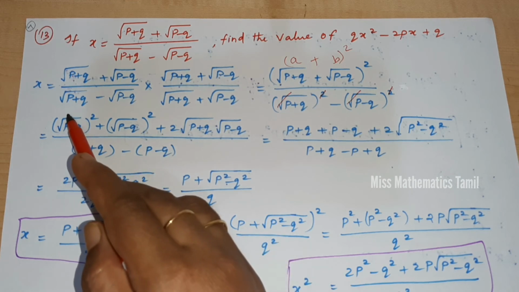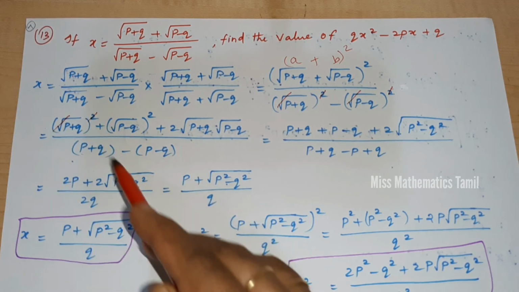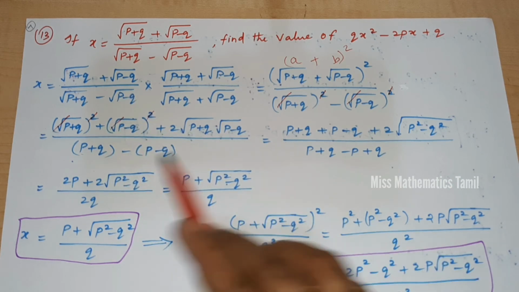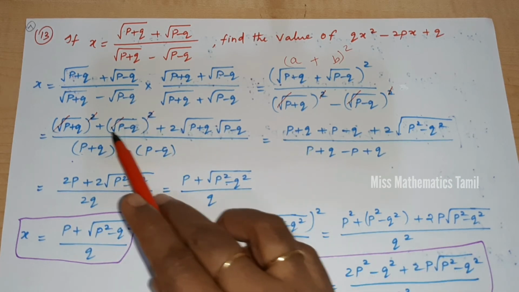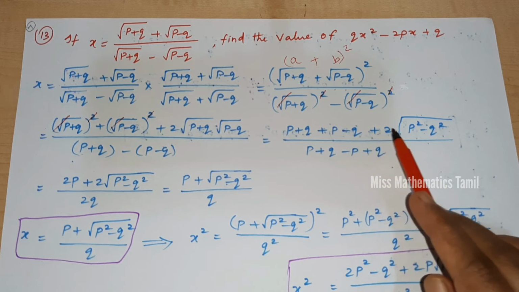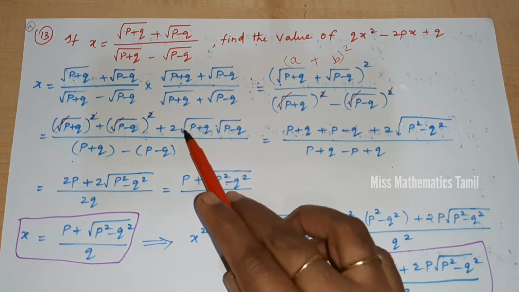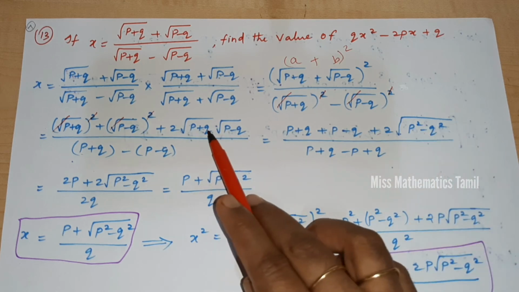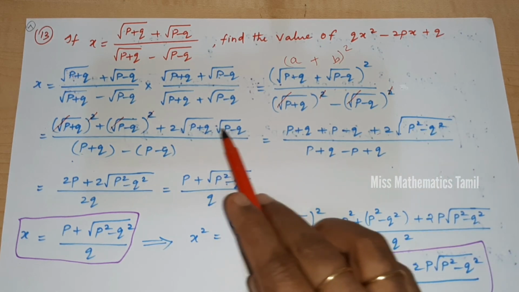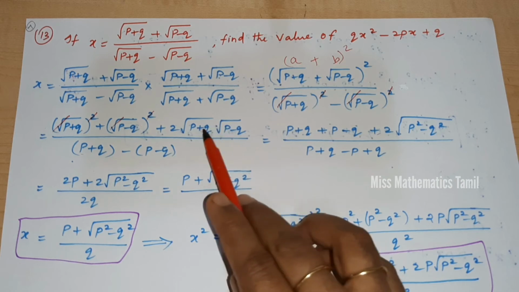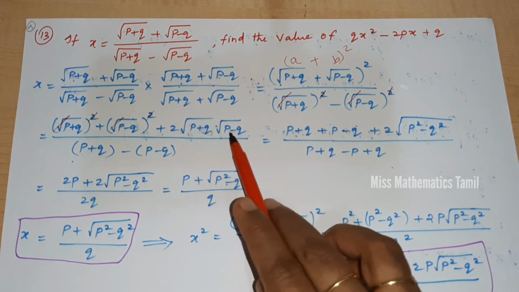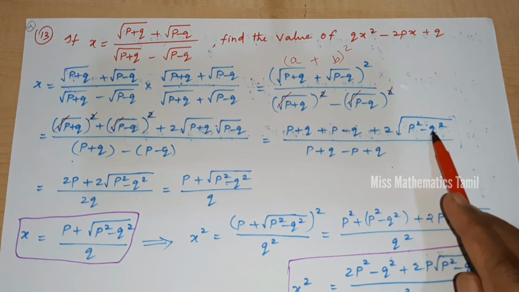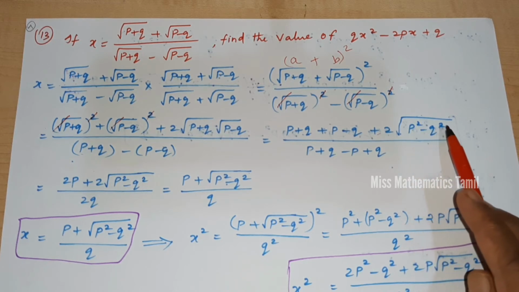Right? Okay, next the numerator, square and the root cancel. See, p plus q here plus p minus q plus 2 into, this will come inside the root, p plus q into p minus q. You can able to multiply, right? This is the multiplication. So, p plus q into p minus q is equal to what? A square minus b square identity I am following. So, p square minus q square.